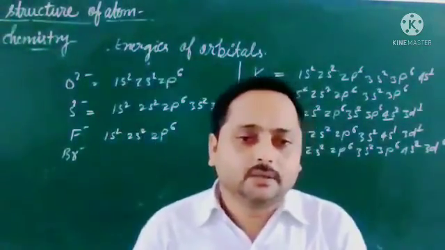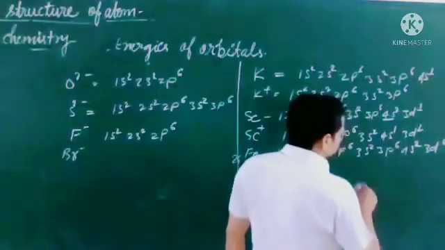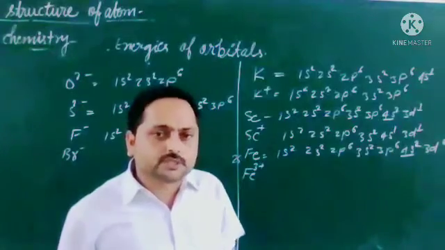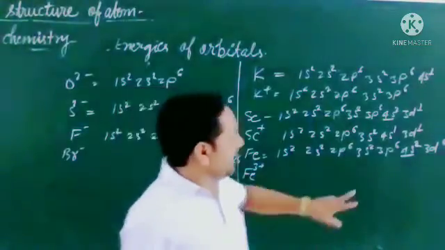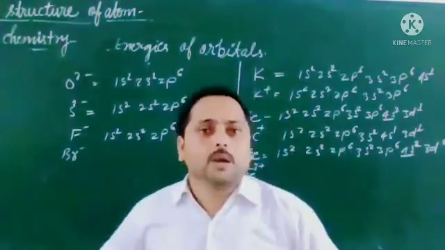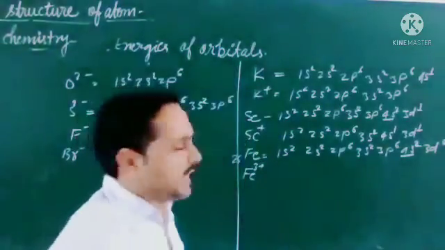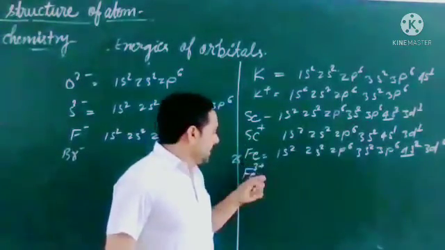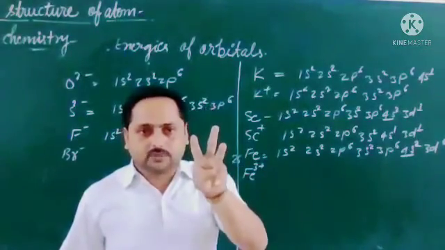So first we will check the outermost shell. The fourth shell is outermost. So if we have removed two electrons, one more electron we have to remove. Yes or no? Just all of you look over here. I have written the Fe electronic configuration, and to convert this to Fe3+, we have to remove three electrons from that.